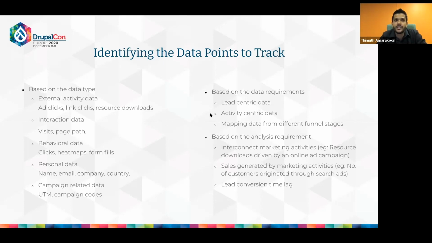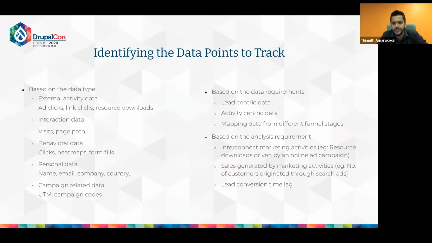Then I need to capture all the attributes which bind with those activities. Like if it's for a product, then product version, product type, timestamps, and maybe the product pack type, something like that. And for events, maybe the event locations and event times, and the timestamps of the interactions likewise. And then you can think about how you can interconnect your different funnel stages, and you can identify the data you want to connect these different stages, and think along those lines to decide what you need to track with